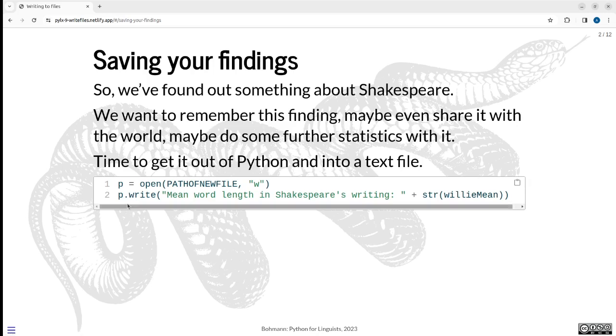And this is a very simple command. P, once again, a variable name is assigned, and then something we're familiar with, open, path to new file. And the only thing that's changed here is the second argument. Instead of an R for read, we have a W, and you can take a guess at what that means. It's a write file, right? And with a file that's opened with this flag, we can then write to that file, and that's simply achieved by doing p.write and then a string